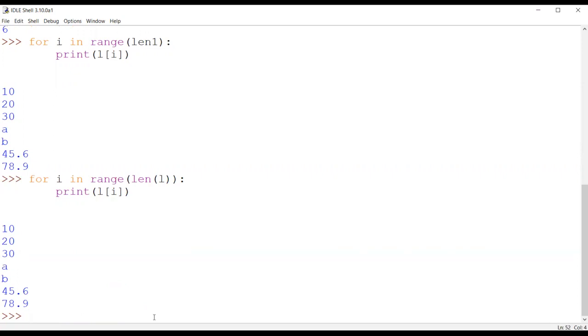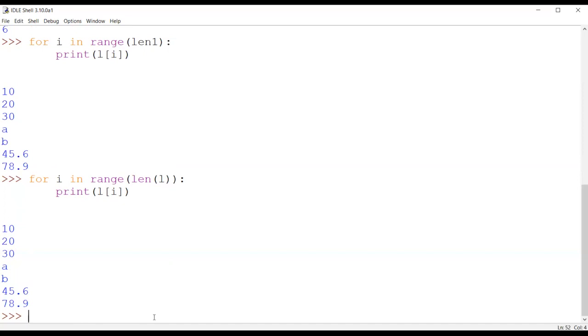And here I need not calculate manually how many elements are there in my list, because my length function is doing it for me. And my range function is directly specifying how many times my for loop will run, and my print function is printing each and every element. So this is traversing a list.